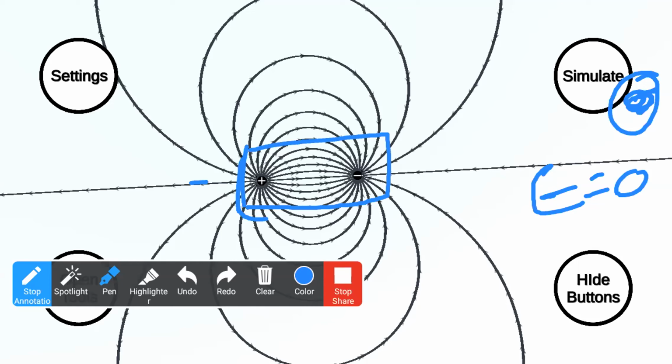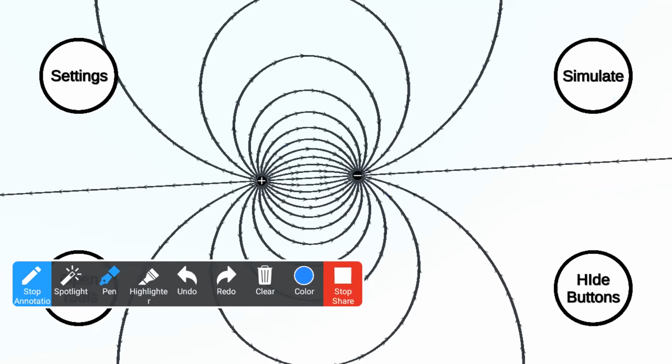Again, if you are in the near vicinity of the charges, say if I am here, there is a possibility that I will get some field strength. If I am here, I will get some field strength. What happens if I am standing here? Will I get the field strength or not? That you have to analyze with the equation. For a dipole, I will give you an equation. That equation consists of r and theta. Theta can be anything from 0 to pi, or you can take it as phi, which generally varies from 0 to 2 pi. The angle will be given and the distance will be given. Then you have to analyze whether that equation satisfies this diagram.